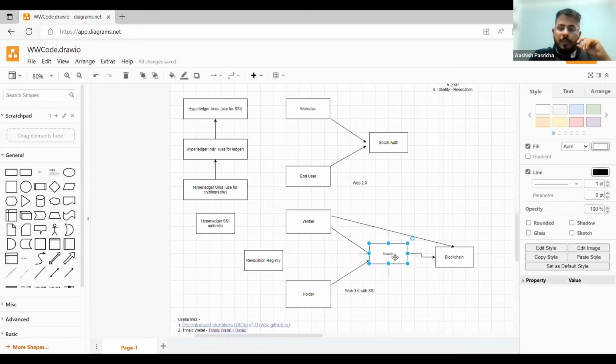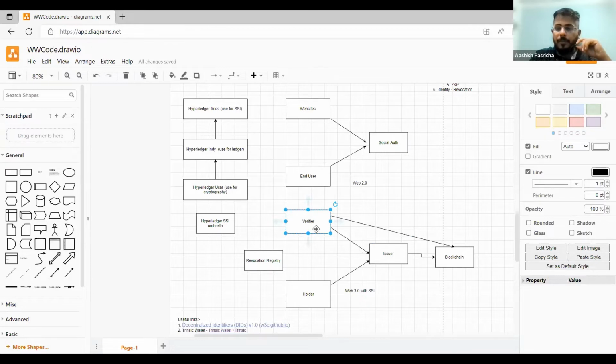When the government issues your driving license, that is the issuer part. You will be issued the credential, and on the verifier side, the policeman is going to verify your credentials, that the driving license you have provided to them is